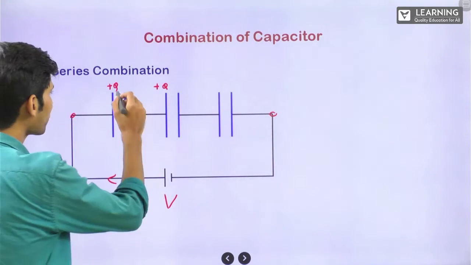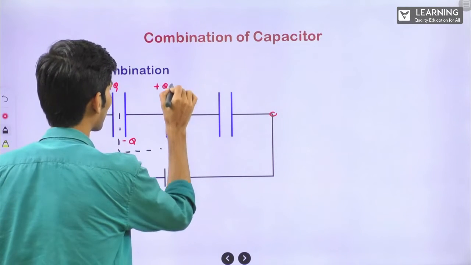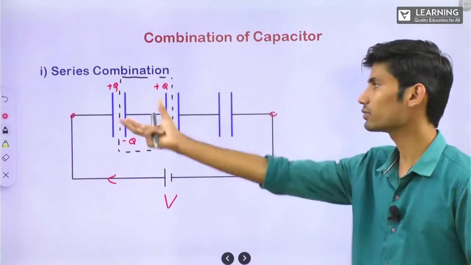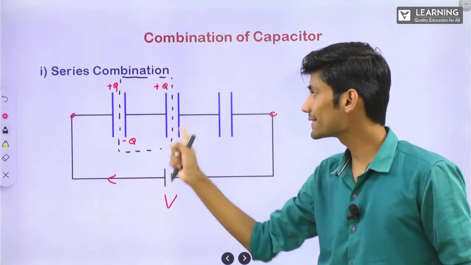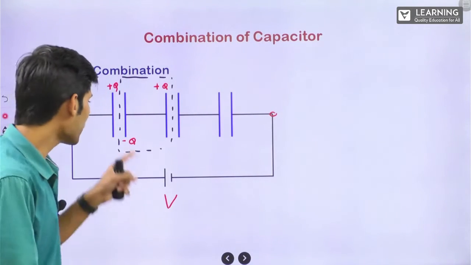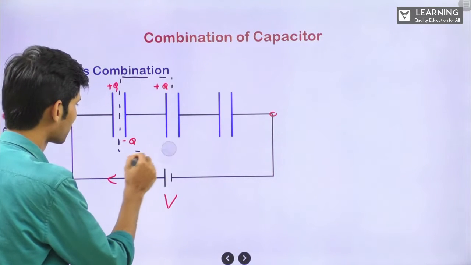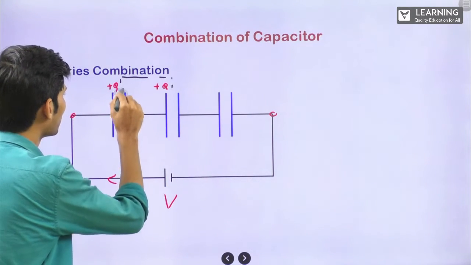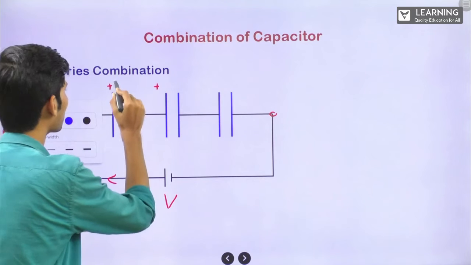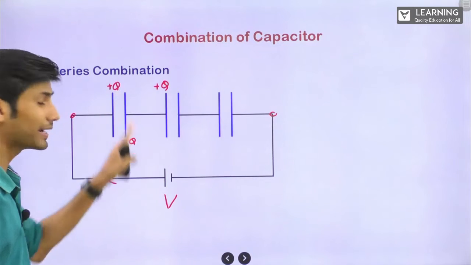Why? Because if you see this particular system, this is an isolated system, right? These plates were uncharged before. Now if you see, this is an isolated system. Only this is connected to this. That's all. Rest, no other connections. Correct? So if this plate is having minus Q charge, how can you understand this? It was having no charge before. Now because of this plus Q, obviously this plate will get minus Q.